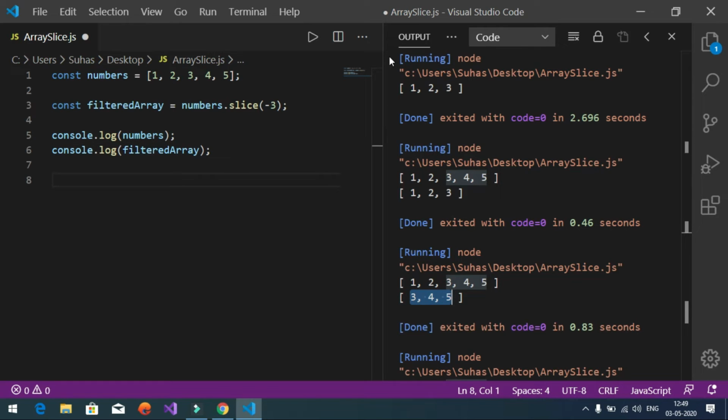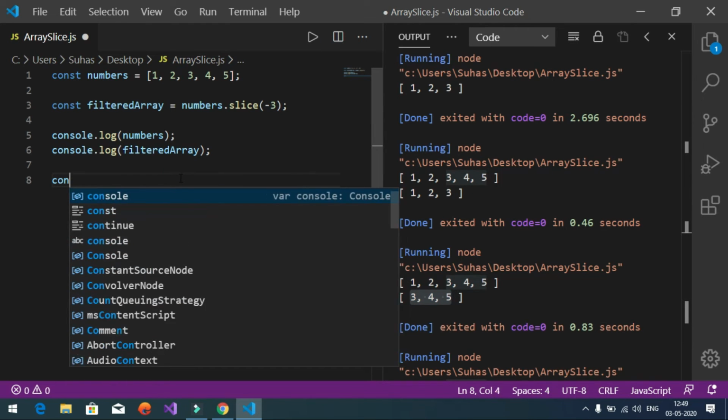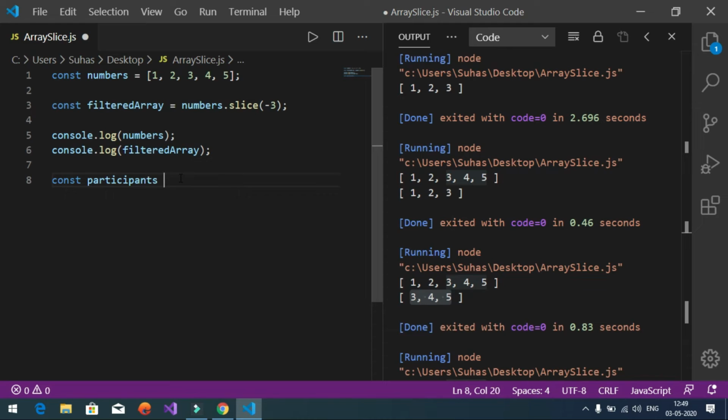Let's take a scenario where there are a number of participants in a contest and you want to retrieve the top 3 winners. This slice method would be a great choice. So I'm going to say const participants, and I'm going to give some random names. In this example, I'm just giving it as A, B, C and D, just not to mention any respective names. So let's say we have some participants and I want to retrieve the top 3 participants of this array. I can just say